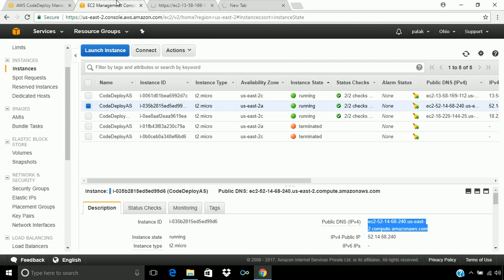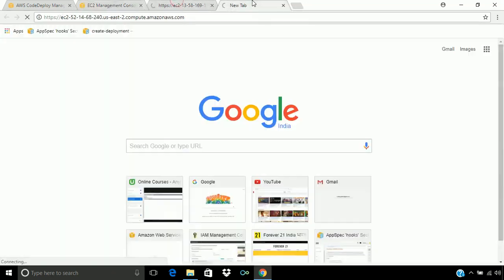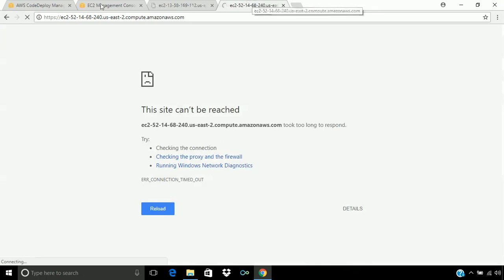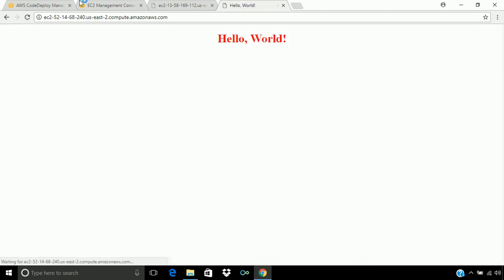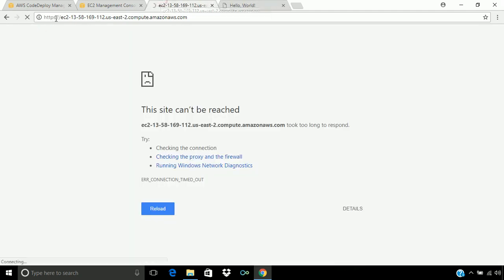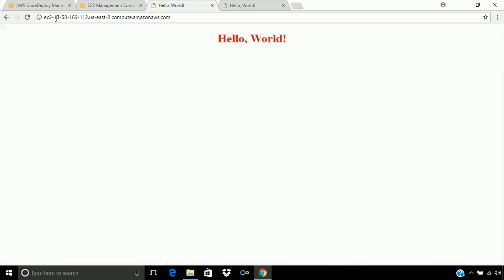Let's wait for this to load. Here it should be HTTP, not HTTPS. So it will show that both instances have the same application deployed on them.